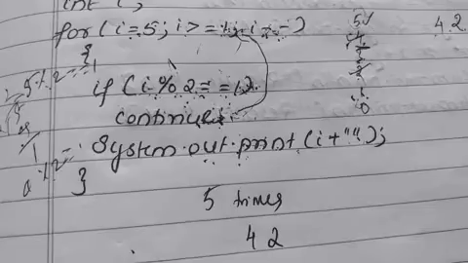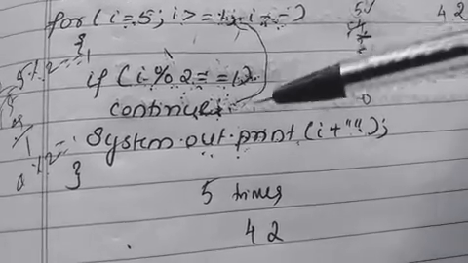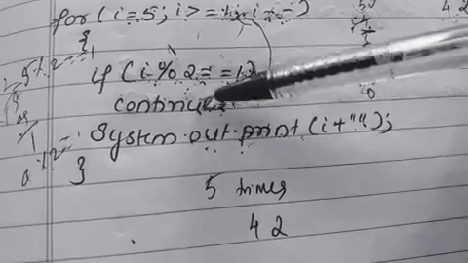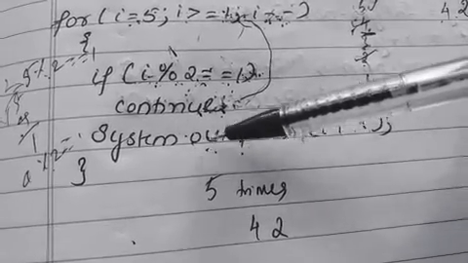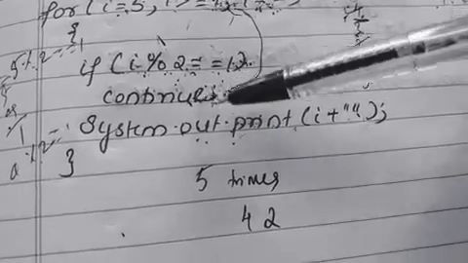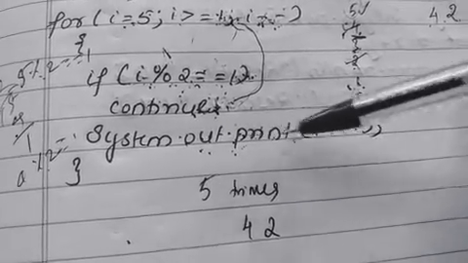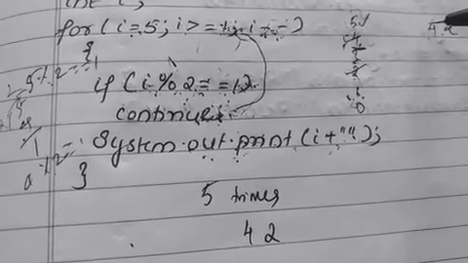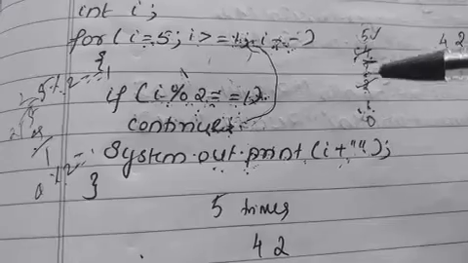System.out.print. So you people may get confused. Since the condition is false, the statement coming after that will not be skipped, because it's not like a simple if. So we will execute the statement after that, System.out.print I. So we will print the value of I. What is it? 4. 4 will be printed.